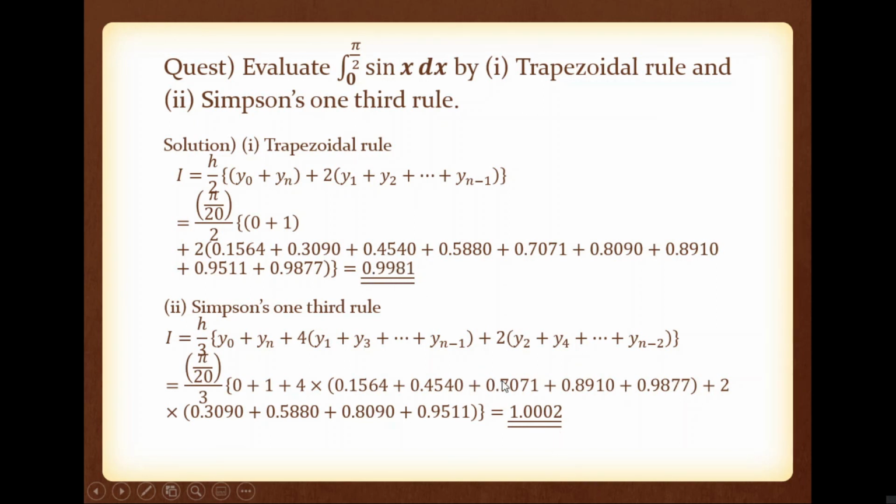So normally if you are using a large number of data within this range, that is 0 to 1, if n equal to 100 or n equal to 1000, then you can see that the integral value will be almost equal to 1 or very close to 1. And you can note one more thing, Simpson's 1/3 rule will give more precise value than trapezoidal rule.